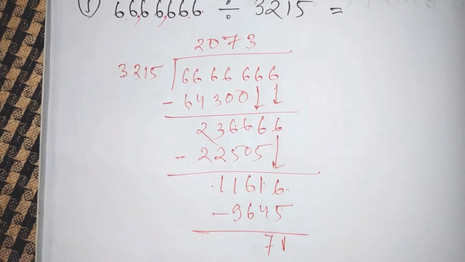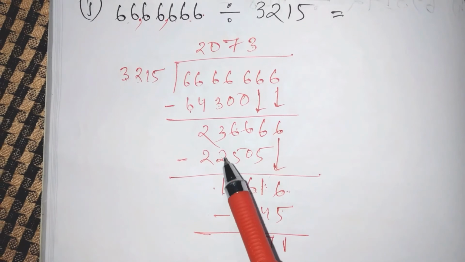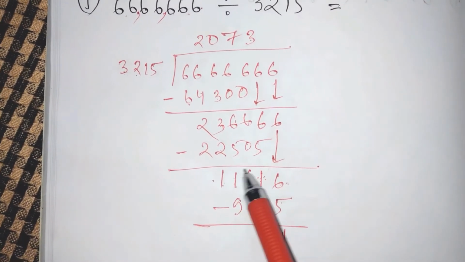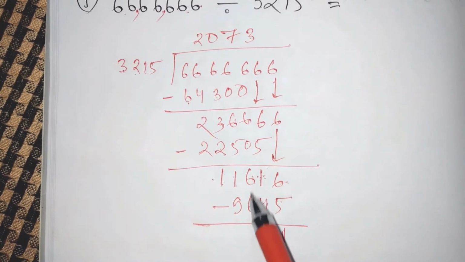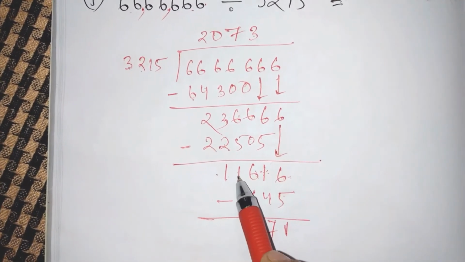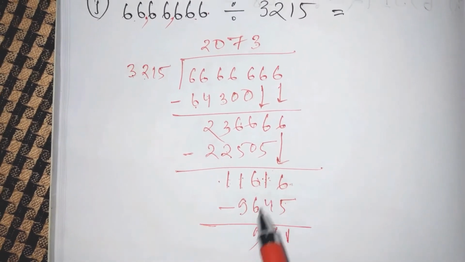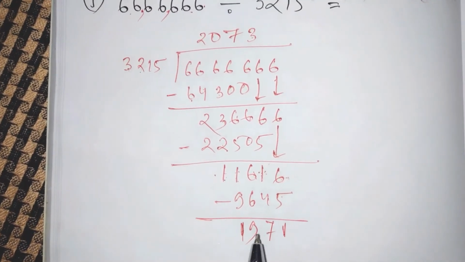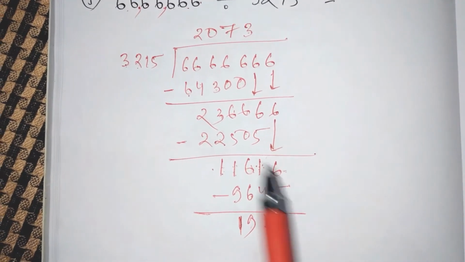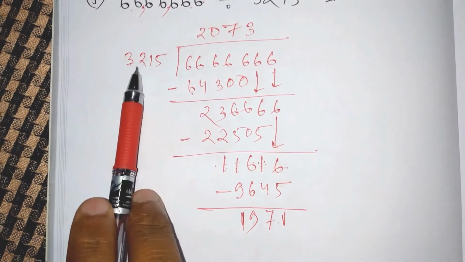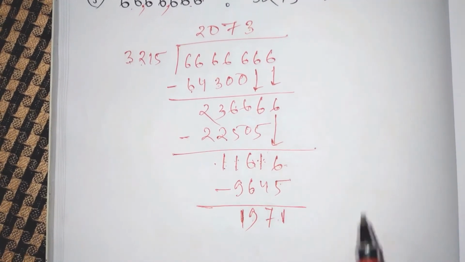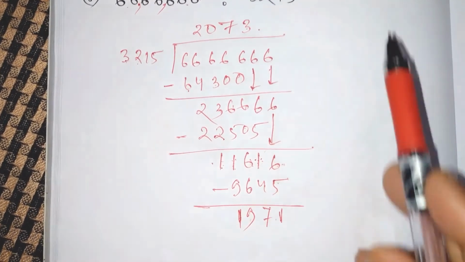Okay, then you have here 5, we cannot subtract 6 from 5, I will borrow 1 from here, it will become 15, 15 minus 6 is 9. Okay, then you have here 0, and this one 10, 10 minus 9 is 1. So you can see 1971 and no other number left. Okay, so we can say this 3215 is larger than 1971, so I cannot proceed with the division. So this will be the quotient and this will be the remainder.